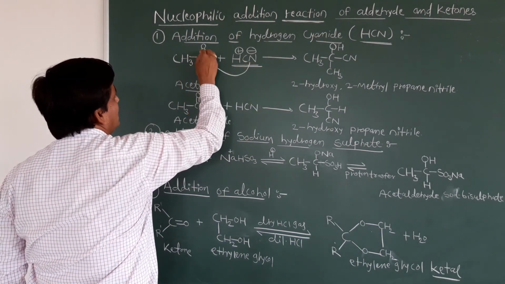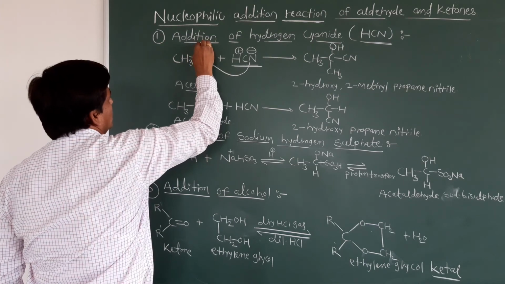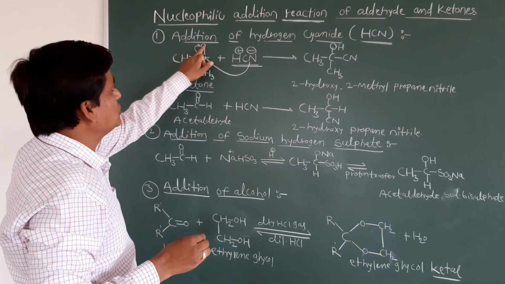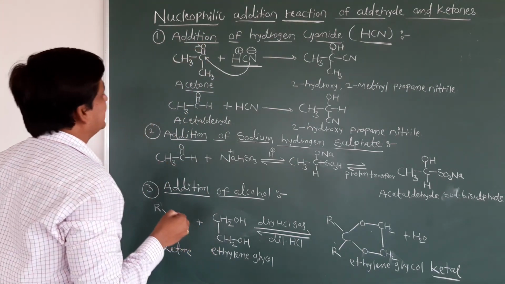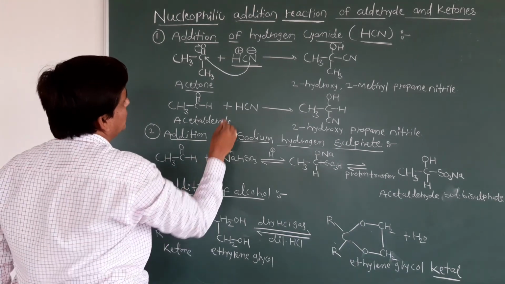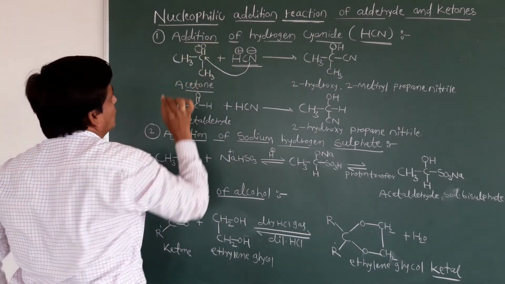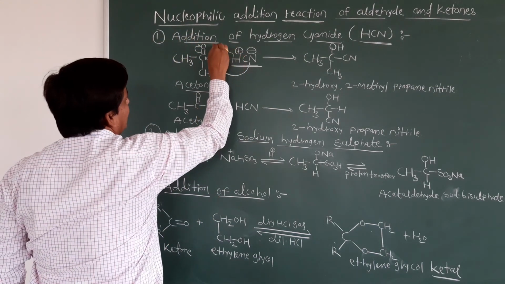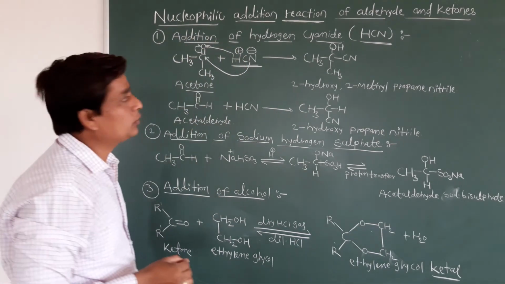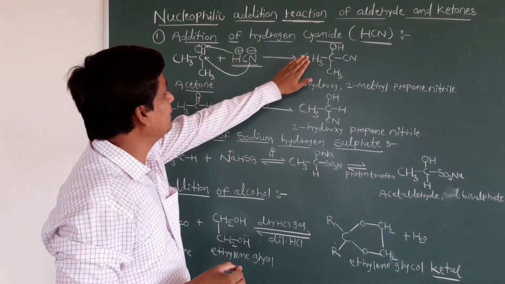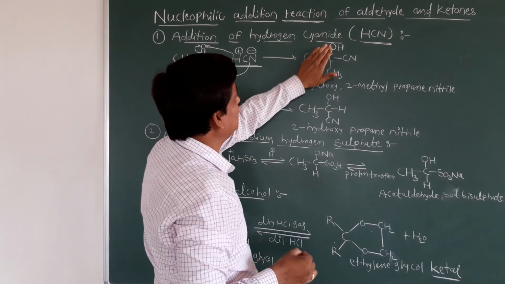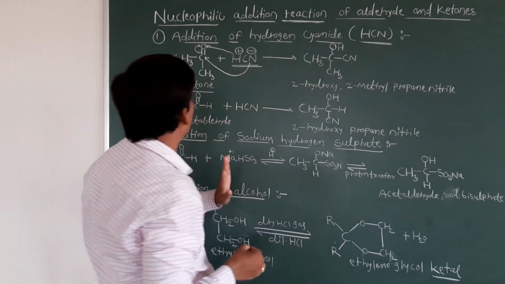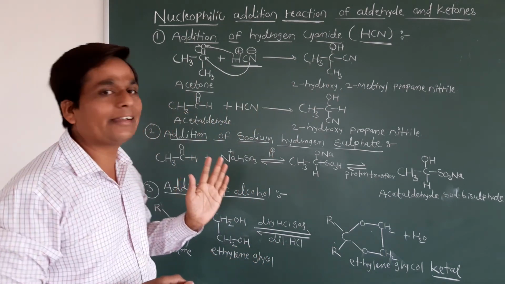Then what happens? This double bond is going to shift. So this oxygen can abstract the electrons toward itself. Then, students, simultaneously what happens? Now this oxygen will carry the minus charge, and then this hydrogen can be abstracted toward itself and it is converted into the OH. So in this way we will get CH3 C OH CN CH3. Now clear, students, how this addition reaction takes place?